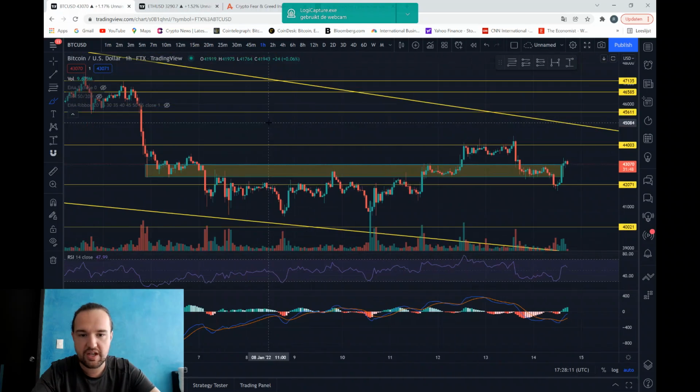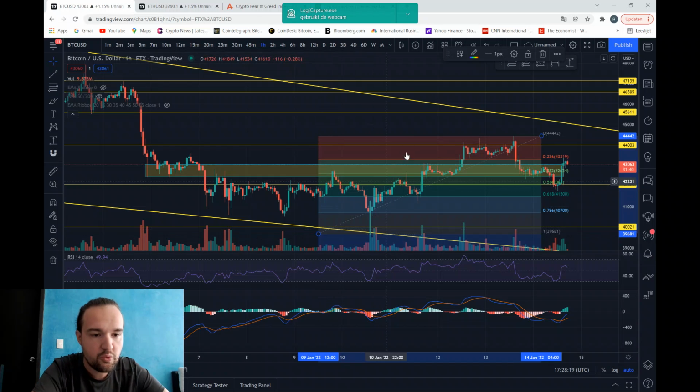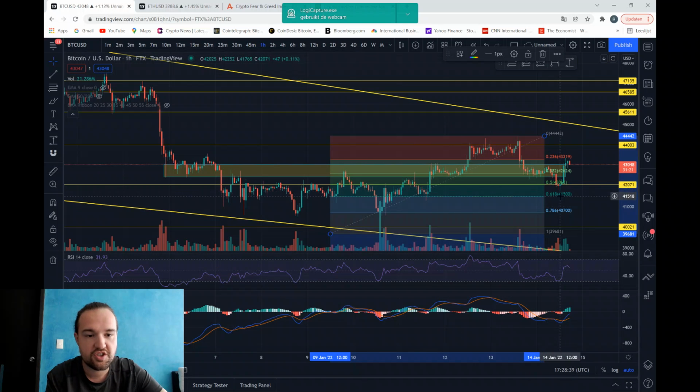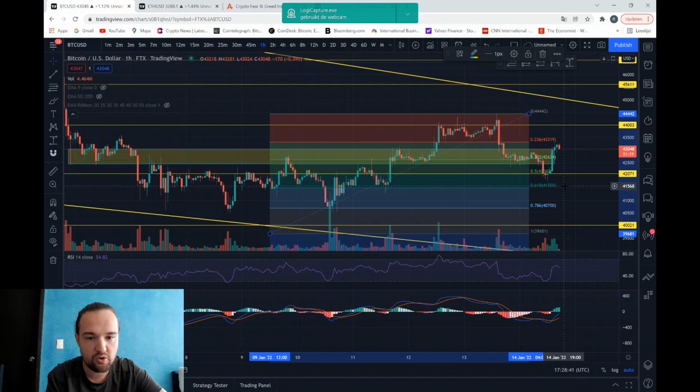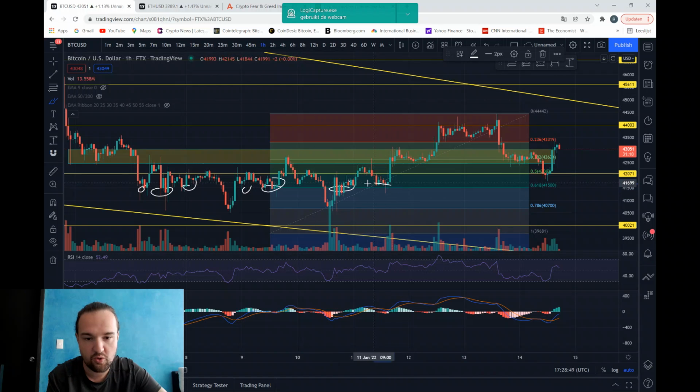If we are zooming in again on the hourly, then what have we seen on a fib level? Well, we went up, we went down here. You see that we had some struggles here at 23.6, then at the 38.2 we kind of wiggled and went to the 0.5. Usually Bitcoin likes to test the 61.8, so if we would go lower here, that would also coincide with so many touch points here, so I would not be surprised if that happens today or tomorrow in the weekend,